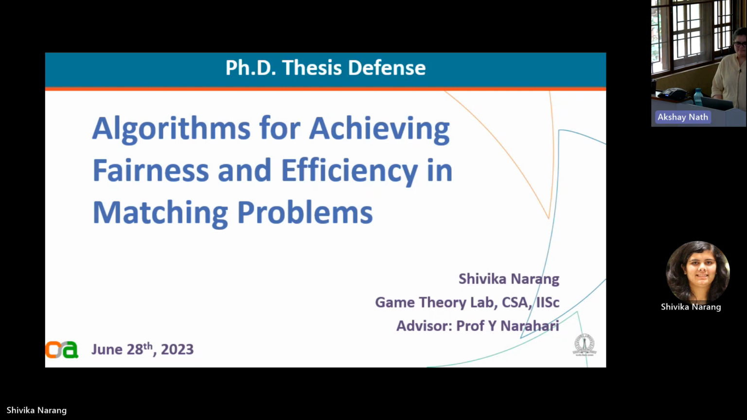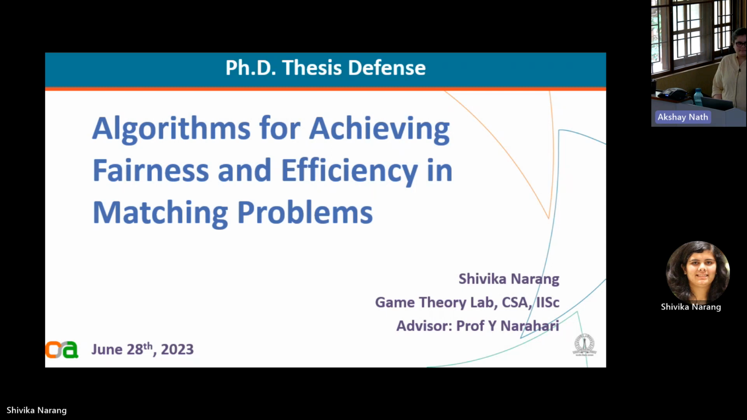And she actually started her career here with an MTech research thesis. And she has the distinction of being the first MTech research student to be awarded the degree in IISc. So her thesis was the first MTech research thesis awarded in IISc. And then she continued her PhD. And